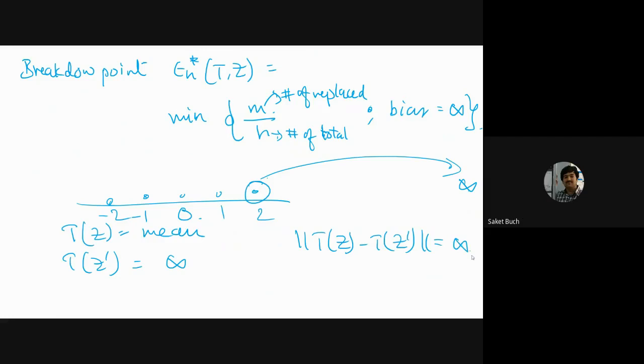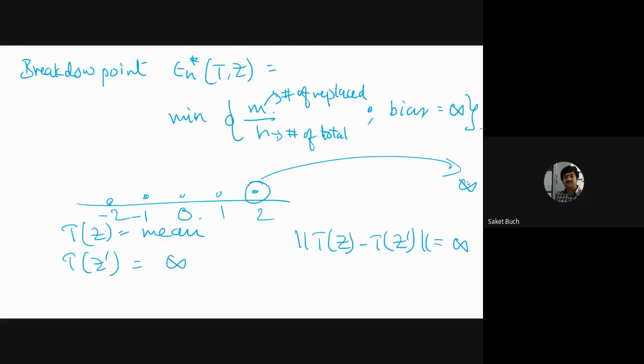Because you have not specified how many points will be replaced or what they can be replaced with, I can essentially say that they can be replaced by infinity also. It is fair game. The worst case is when I get infinity. Yes, correct. So this is one more catch: you can replace by infinity also. You can replace by any so-called extended real number. It can be minus infinity, plus infinity, any finite number, rational, anything.